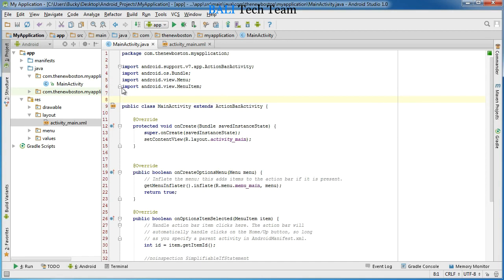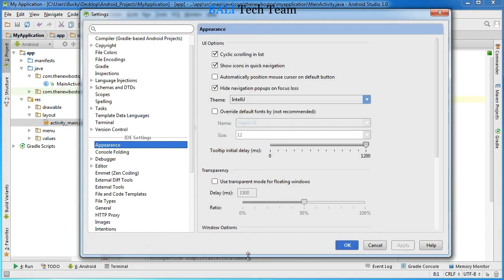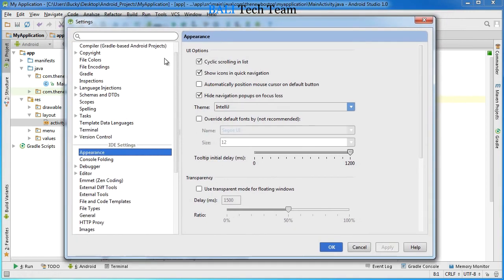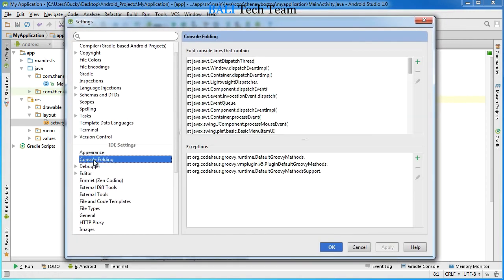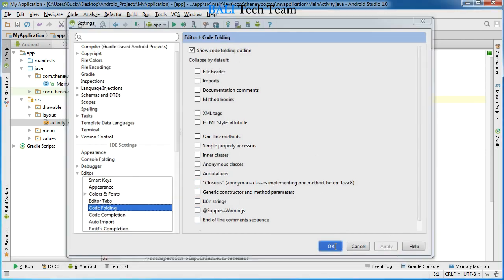So if you want to get rid of all of the code folding, as it's called, go to File and back in Settings. Let me minimize this, make sure you guys see everything, and go to Editor under the IDE settings and Code Folding. Right here, this first checkbox is just to show the code folding outline, and that's that little arrow you can click to either bunch it up or expand it. But what I want to do is uncheck all of these, so none of my code is going to be folded. Again, once I apply this,